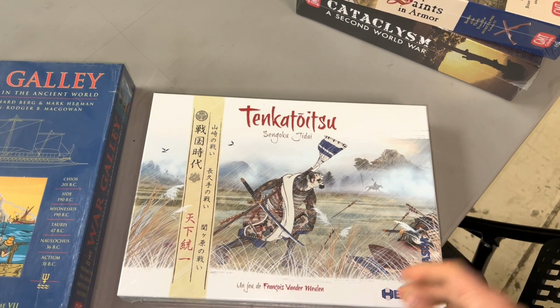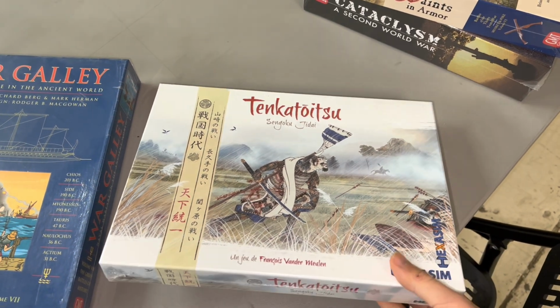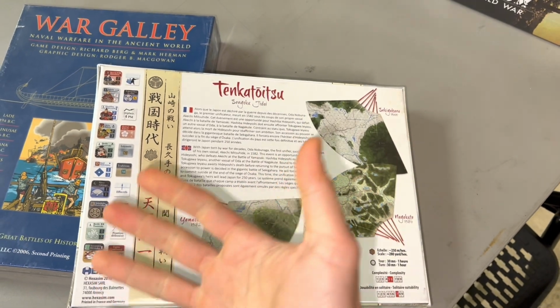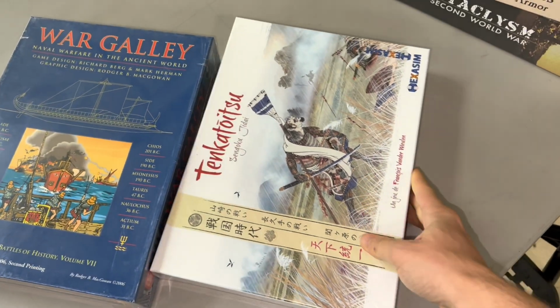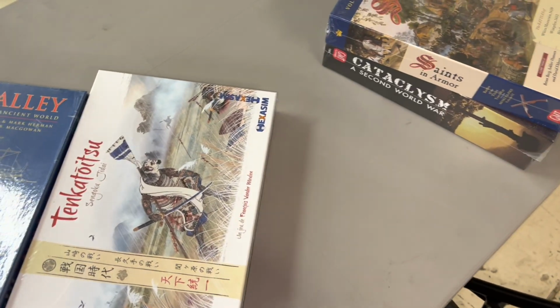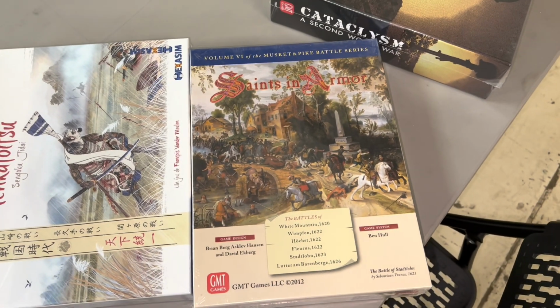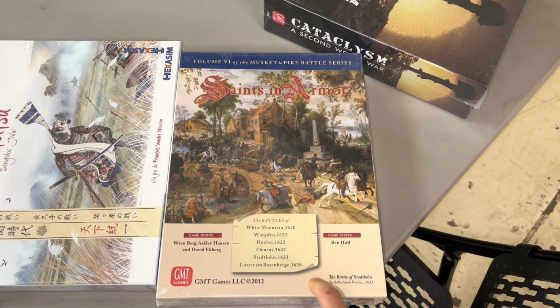This game is a Hexasim game. Obviously GMT distributes for Hexasim. Just an extremely interesting Japanese 16th century battle game that has really crazy concepts that turns Hex Encounter on its head. I've been looking for this for a long time. It's very hard to find. Super thrilled that I was able to pick up a copy. Saints in Armor, which I did not pick up when it came out, but I've been looking at getting into the Musket and Pike series. I do own